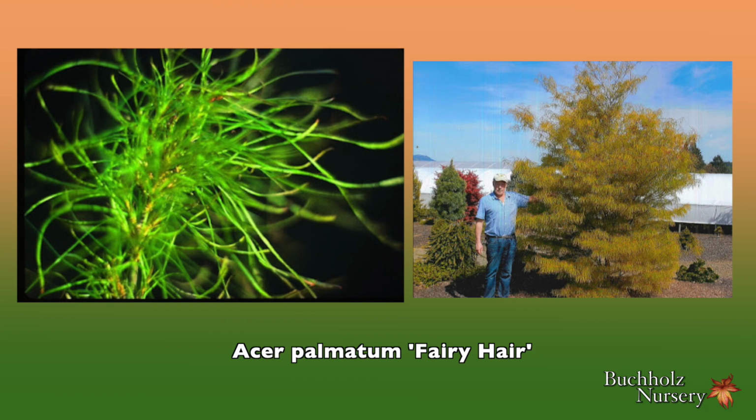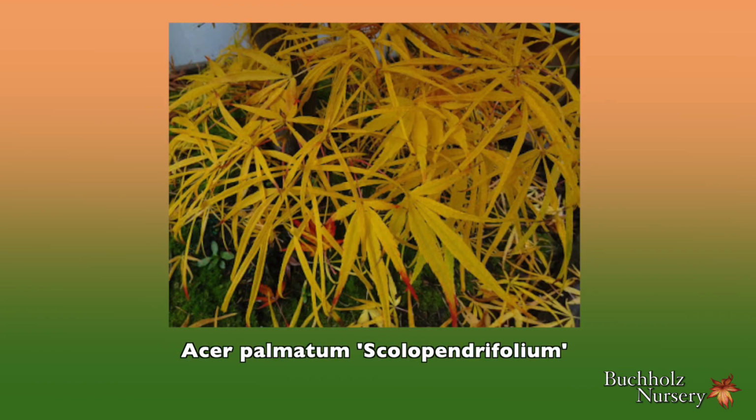Acer palmatum Fairy Hair was the first maple I discovered, propagated, named, and introduced. It originated as a seedling from Acer palmatum scolopendifolium, the mother tree which was growing in the garden of plantsman Dr. Corbin of Portland, Oregon. Fortunately, it sprouted in the corner of a seed flat with about 80 other seedlings, for if it was located in the middle, it would have died out from competition from its more vigorous brethren.